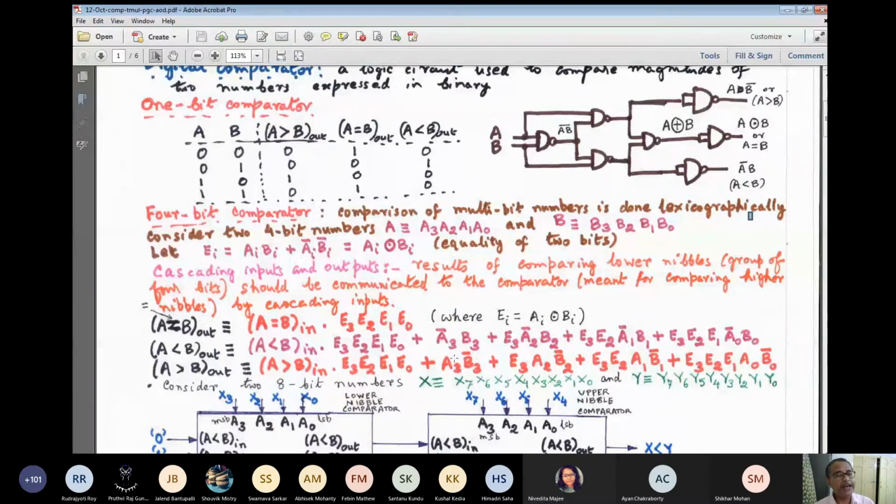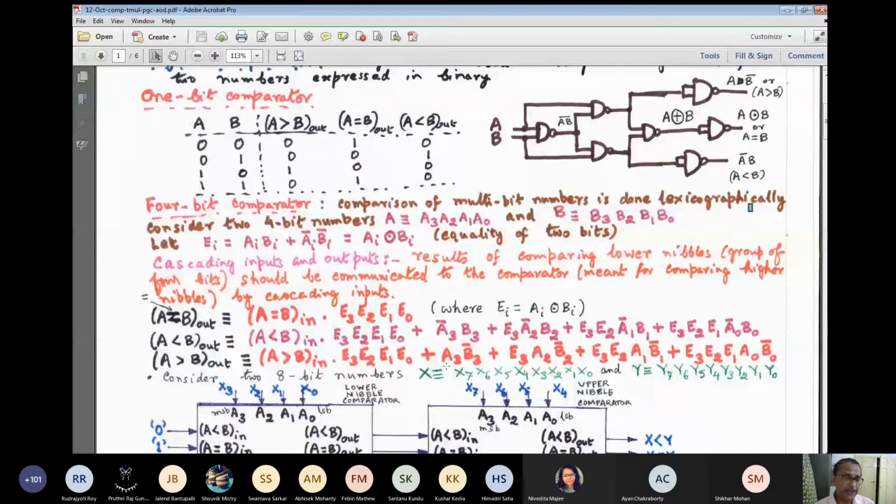Exactly, you are right. Starting from the most significant end means the comparison will be less. And if we start from the least significant, the comparison will be a bit more. But overall, we find that the complexity of the electronic circuitry that is required is more or less the same. I'll show you. So here, for example, before we take up the comparison of two 4-bit numbers,